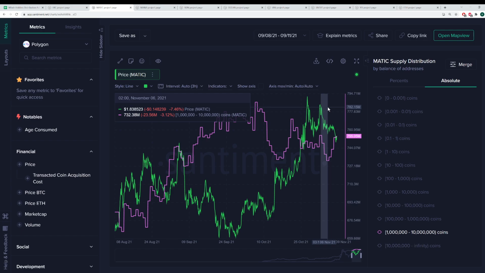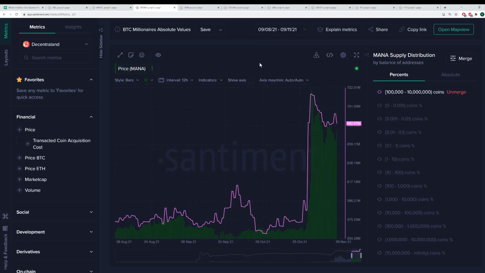And as soon as the price dropped about 7.5%, we started to see accumulation again, going right back to where we were at about 3% scooped back up by these whales. So this is much more of a small micro amount of whale behavior compared to what we just looked at with Loopring. Let's take a look at another large one, which is Decentraland, which, as many of you knew, had